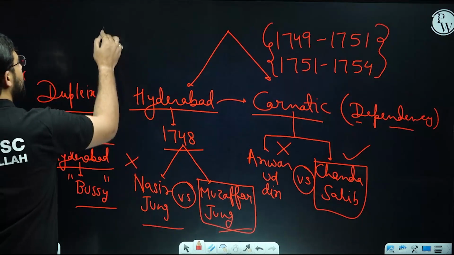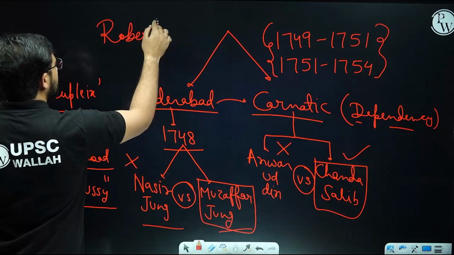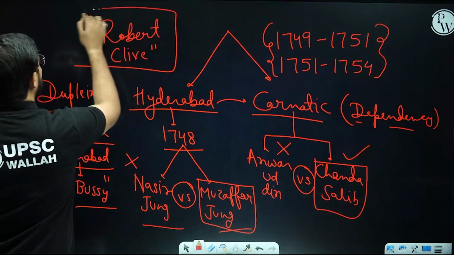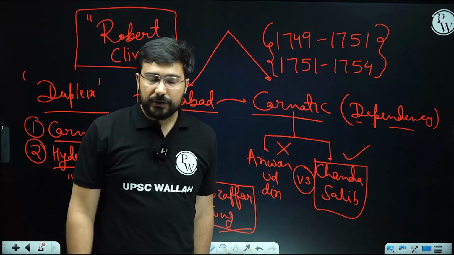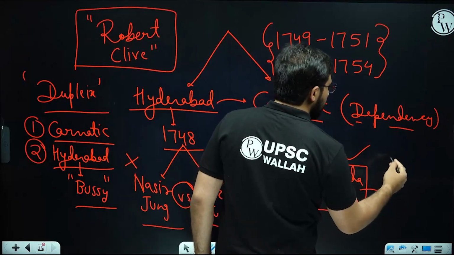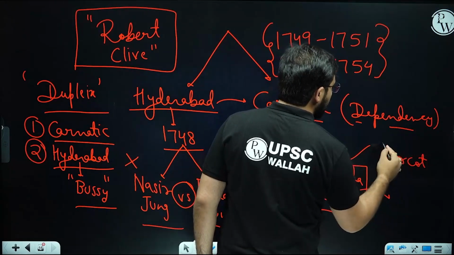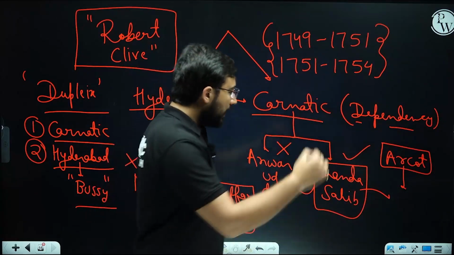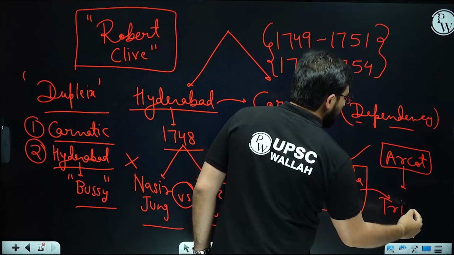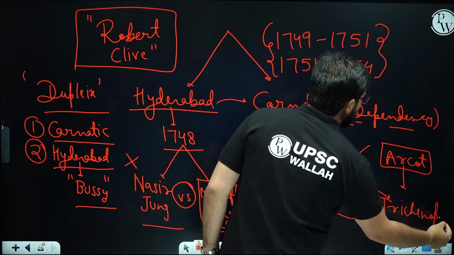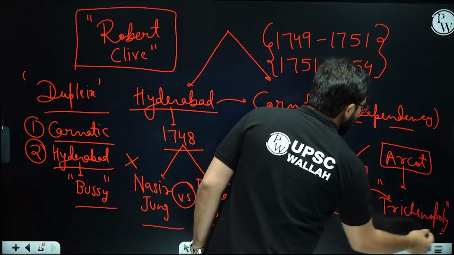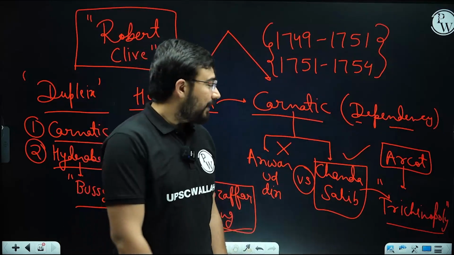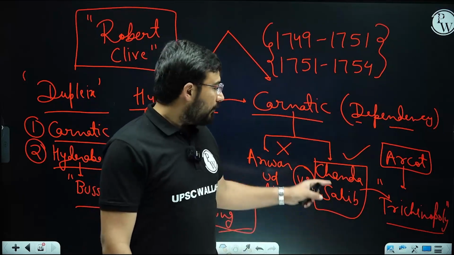But at this time, when Dupleix was going towards the top, Robert Clive came out with a different approach. There was a situation in which Chanda Sahib, the capital of Carnatic was Arcot, it was towards the north, but the son of Anwaruddin, whose name was Muhammad Ali, he had fled to Trichinopoly, which was towards the south. Chanda Sahib thought, let us kill Muhammad Ali also, because tomorrow he may come and he may think about fighting.